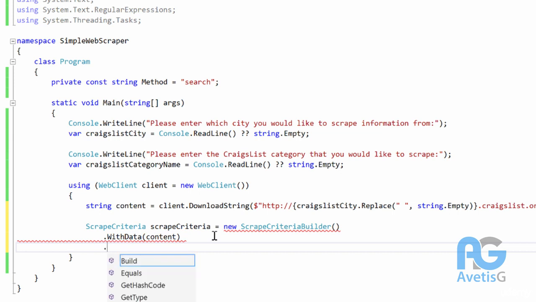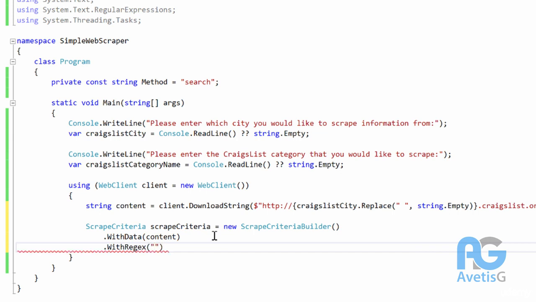And then we say with regex, and here's the regex part. So I'm going to say @ in front of the string, so I don't have to escape any characters. That'll help me with that. I'm going to go ahead and say, okay, well, you remember the HTML element that I inspected on the web page? That's exactly what we're basically trying to create as a pattern, so we can grab all the occurrences of those elements. So I'm saying href equals,